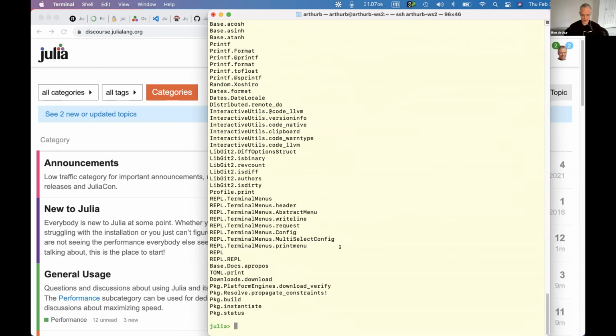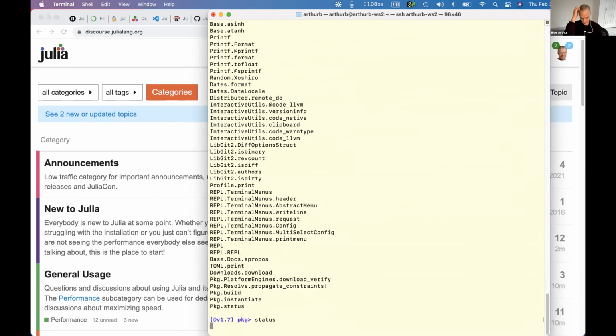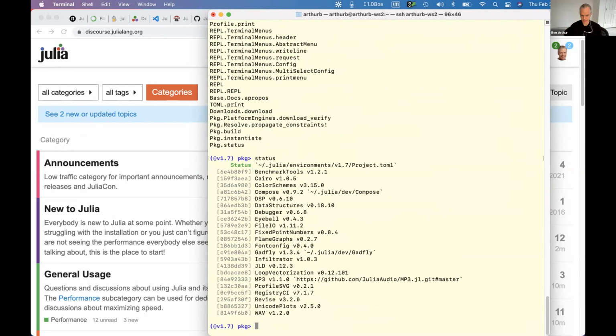In terms of installing packages, first you can go into package mode by hitting the square bracket, and then you can hit status or just ST to see which packages you have installed. You can see I've got these couple dozen different packages installed. And if you need to add a new one, you can just say add, I don't know, Optim for the